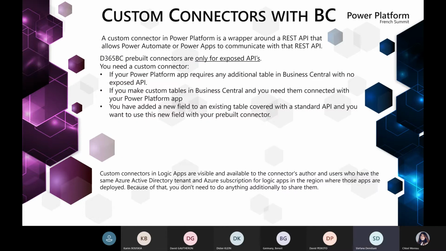As said before, Business Central integrates with the Power Platform through connectors. So you have a Business Central connector available for Power Automate, Power Apps, and so on. The limit of the standard connector is that it permits you to see and expose only standard entities created by Microsoft